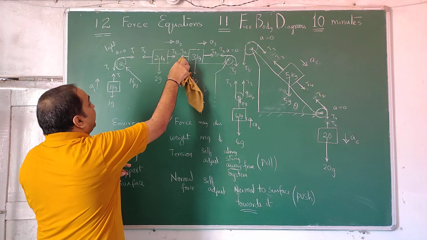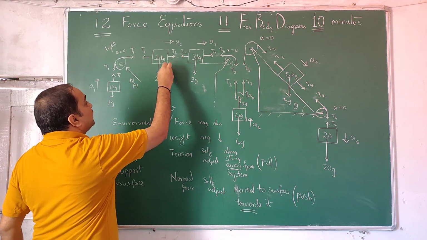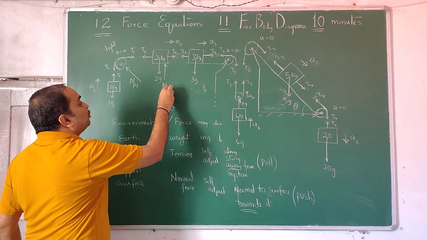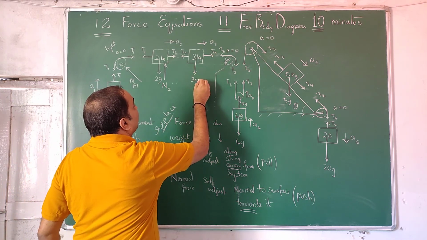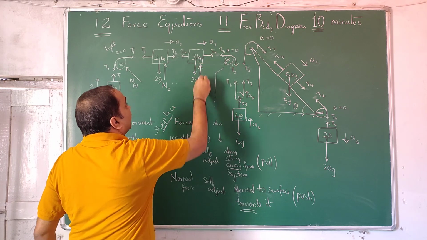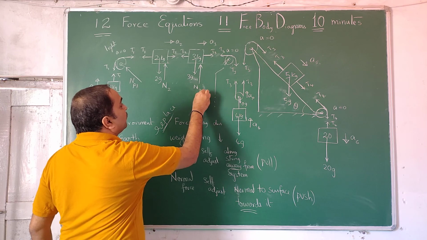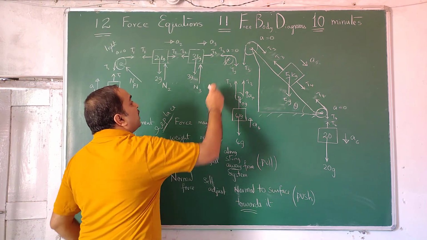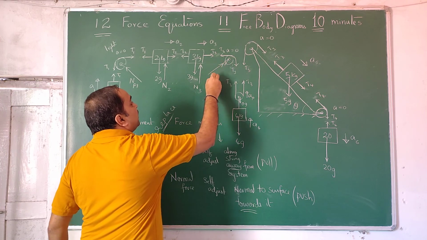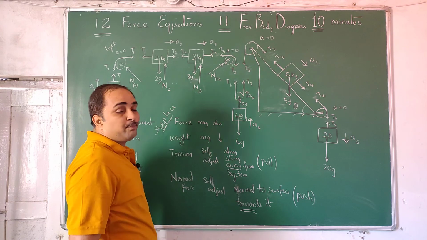Now I remove this surface here, and on this I show the normal force like this. Because it is 2 kg, let me write N2. Normal force on this, perpendicularly or normally towards it, is named N3. This pulley would not have stayed there in that place if the normal force were absent. In between you write it: N, normal force on pulley 2. This is normal force on pulley 1.